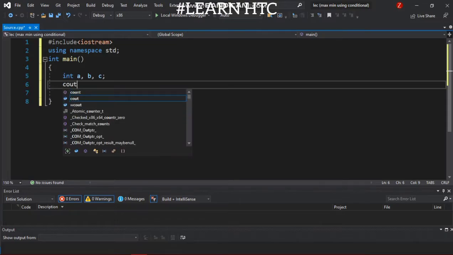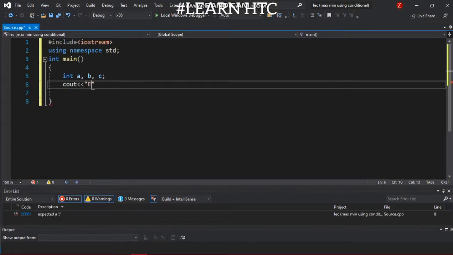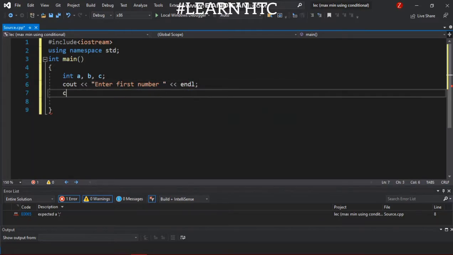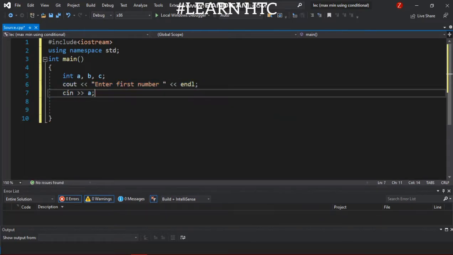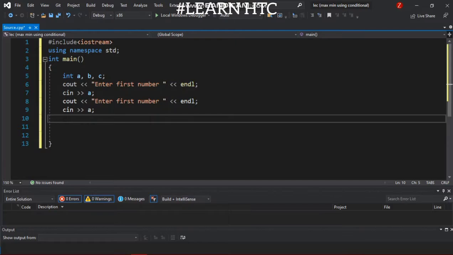So what we will do, we will ask the user to enter the first number. We will copy the same statement and paste it below for three.